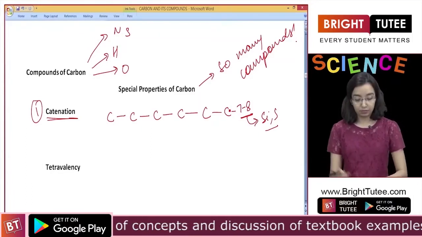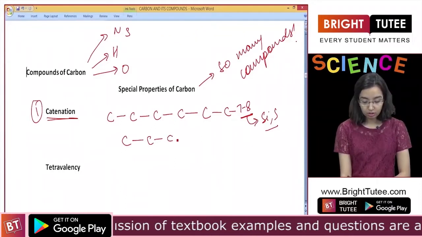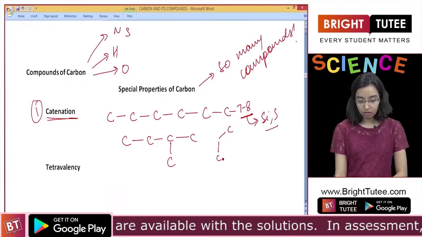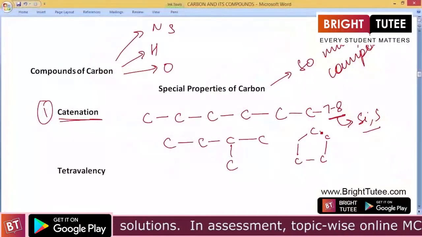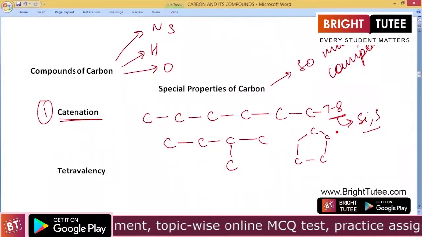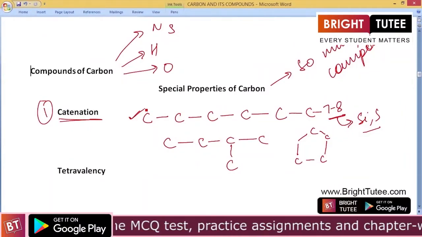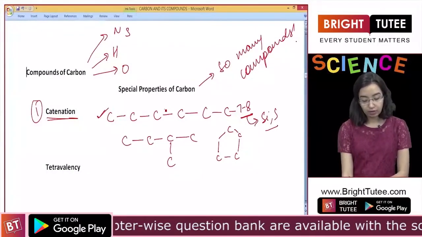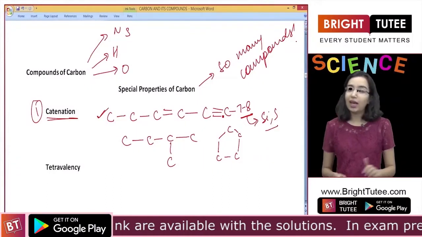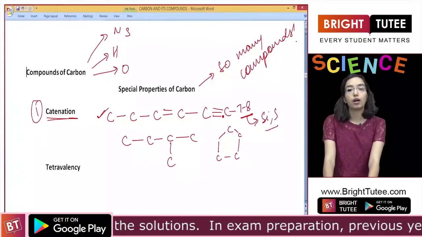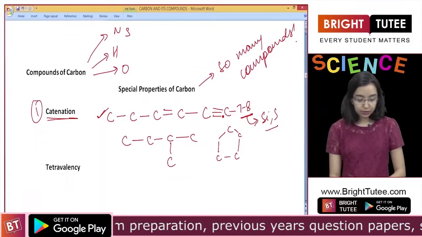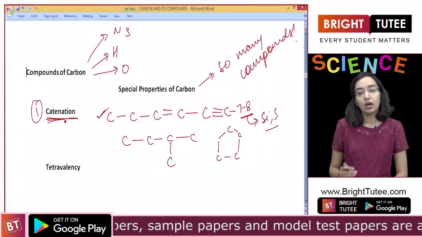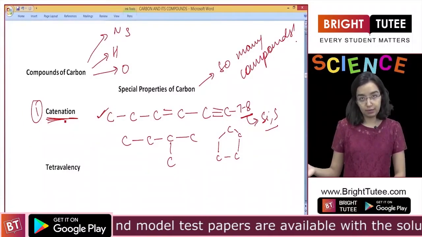These chains can also be different. The chain can be branched like this. The chain can be cyclic like this, and it can also exist in the simple form like this. So it can be branched, it can be cyclic, and it can be a plain long chain. It can also have double bonds in between. It can have triple bonds, and that is why it is possible for carbon to form so many compounds. So that is the first reason, catenation, which is the property of an element to form long chains by forming covalent bonds with itself, right?